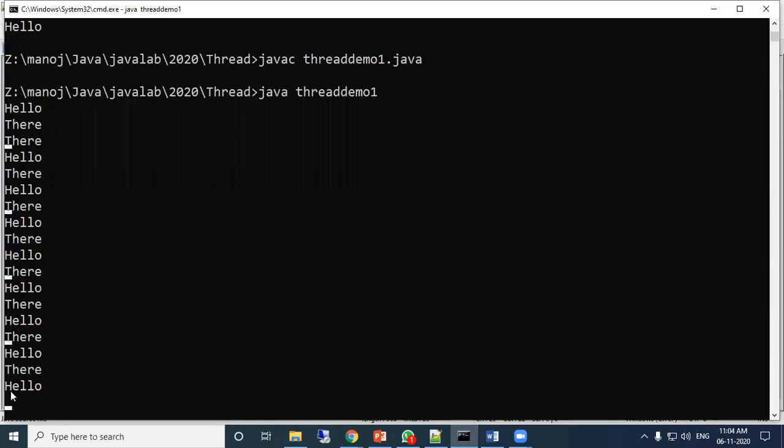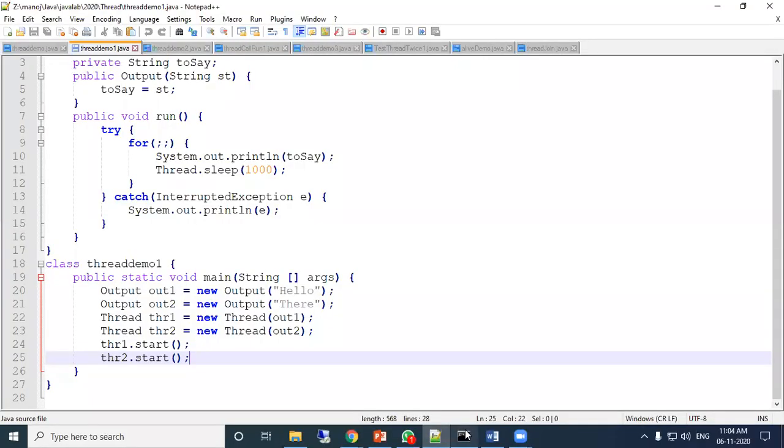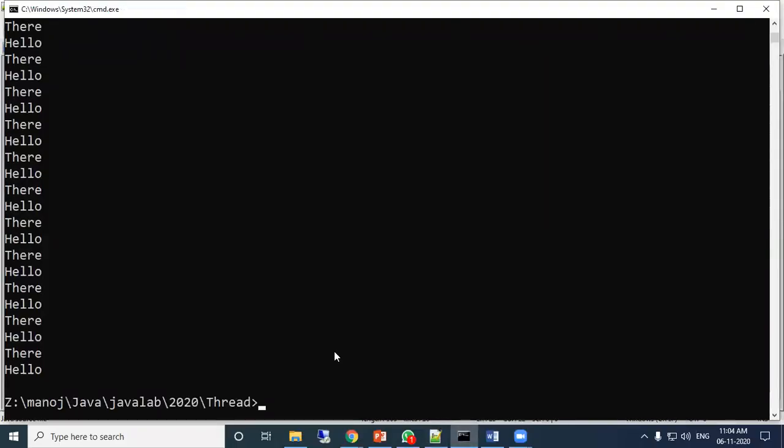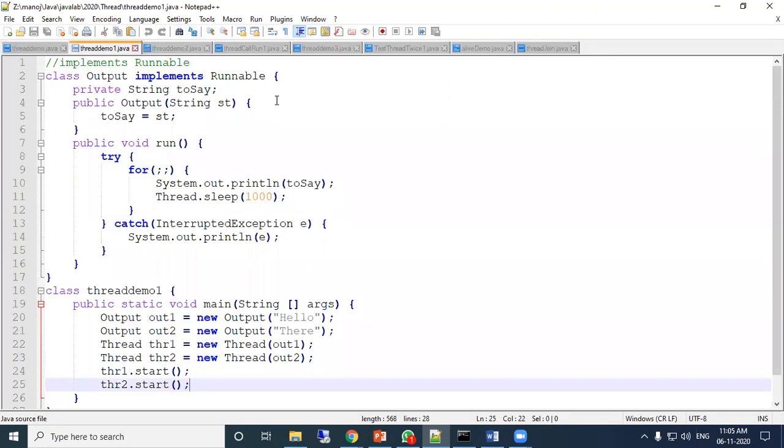Here also, only the way of implementation is different, but the purpose is the same. So from here we understood that to use the multi-threading mechanism, there are two methods. One is extending the thread class. Another is implementing the runnable interface.